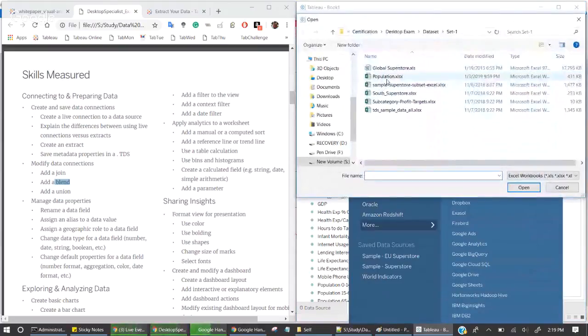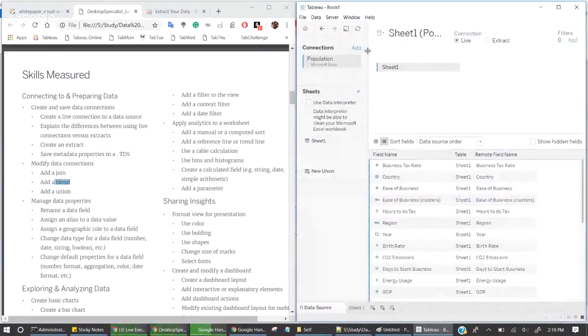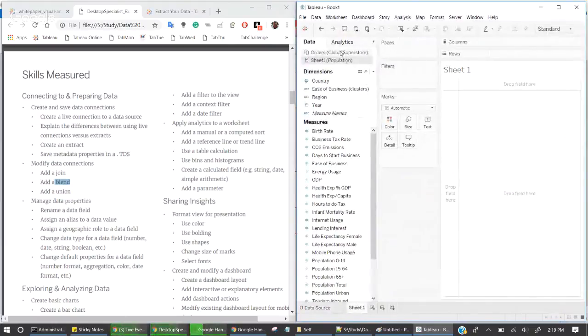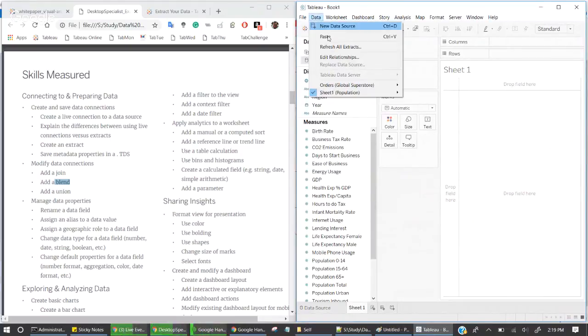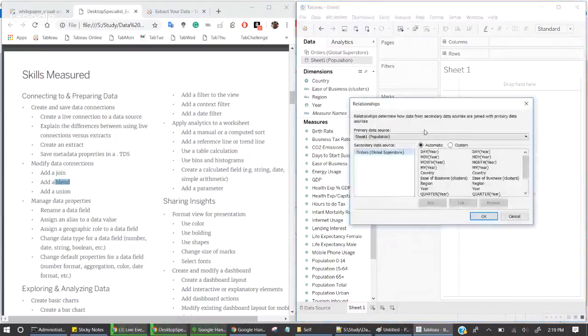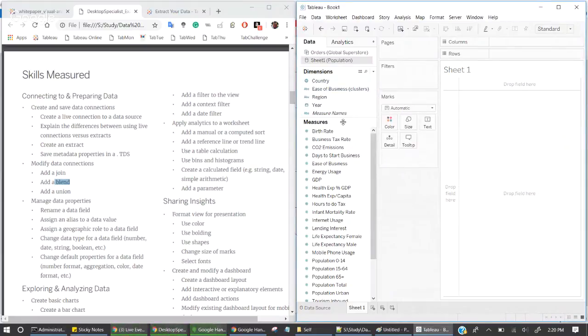So for example, here again I'm bringing some. Right? And let me go inside. Here you see we have two databases. Okay, so when you do the blending, when you go to the data, when you go to edit relationship, here I can define all the relationships. For example, this is the relationship I'm defining by considering my sheet 1 from population as the primary source and global superstore orders as a secondary data source. When I define the relation,